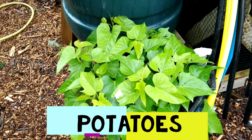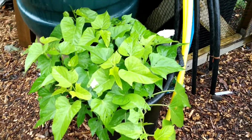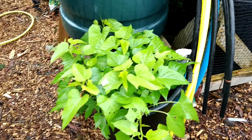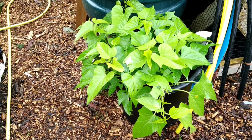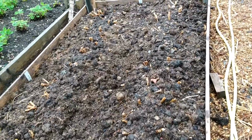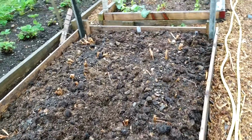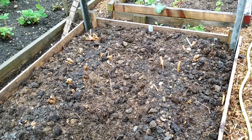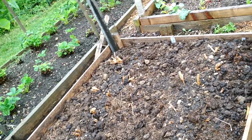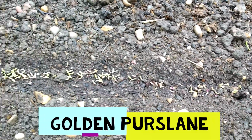This is the sweet potato I put in a big pot, and you can see there's another one there. I haven't tried it in pots before, first time. Let's see how it goes. The potato bed which I cut down to the ground level, I'll be harvesting whenever I want in a few months' time. Anytime I can harvest. Sowing of golden purslane,